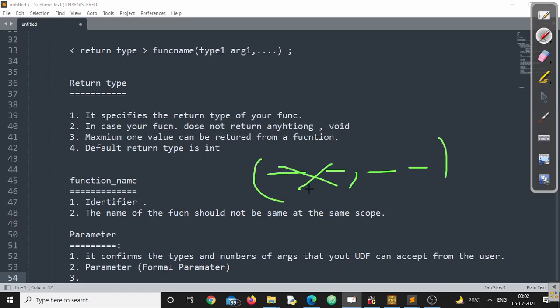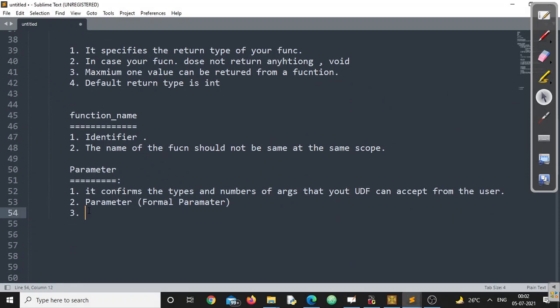And if you don't have any argument, if your function doesn't take anything, you can write void. So you have two options. If there are parameters, go for that in a specific manner. Otherwise, if there will be no parameter, you can go with void. I think you got the clarity about this point. That is what parameters are. If more than one parameter are there, that should be separated with comma, right? And each parameter should be preceded with the data type.